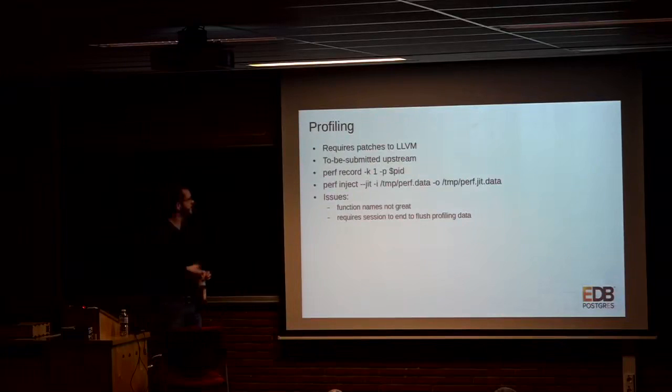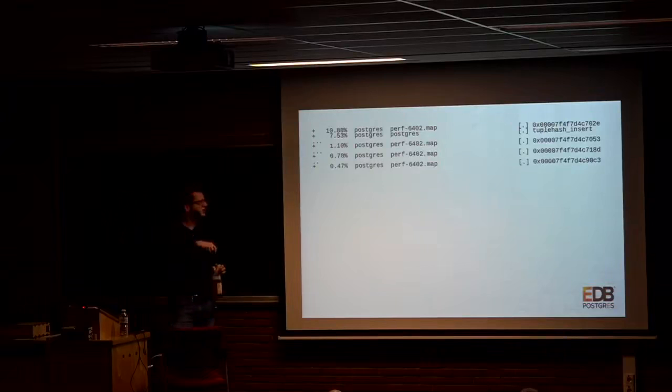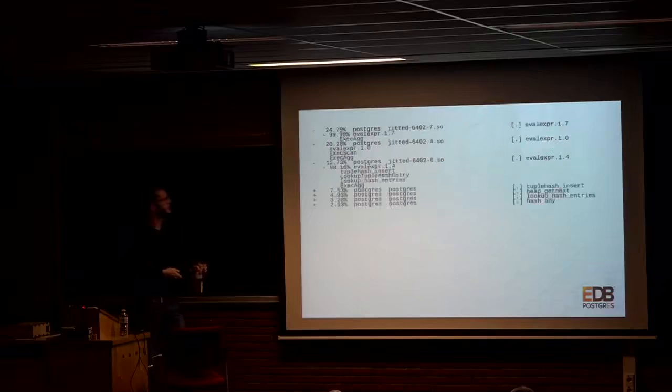One interesting thing is that if you use just-in-time compilation, do a profile, and use normal perf without any support for profiling, you'll get profiles like this, where there are a lot of unknown symbols because it doesn't know about all the just-in-time compiled functions. So you need to tell it to add additional information. If you do that, we can get sensible profiles, and then we can see ExecEvalExpr are the generated JITed functions, and in this query there are three of them that we can see